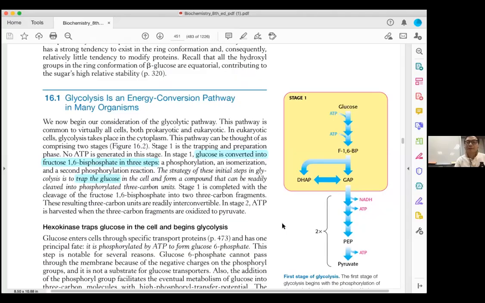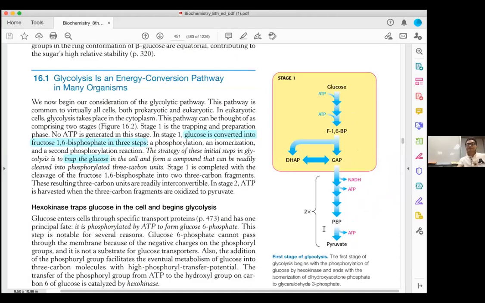Okay, if you look at, can you see the screen? Okay, if you look at the right side, you have, see, this is the metabolic pathway of glycolysis, and which